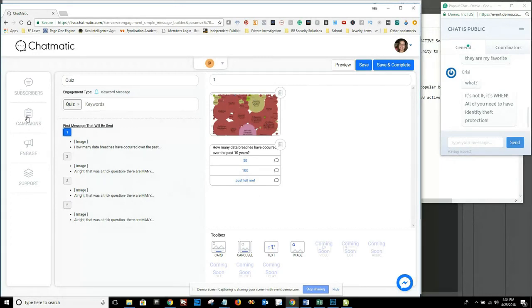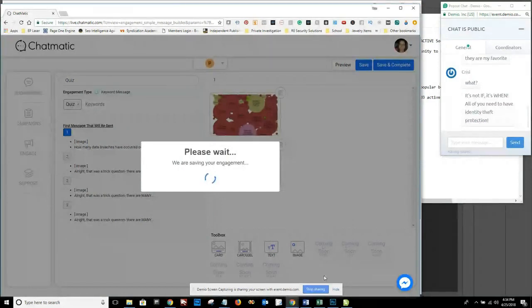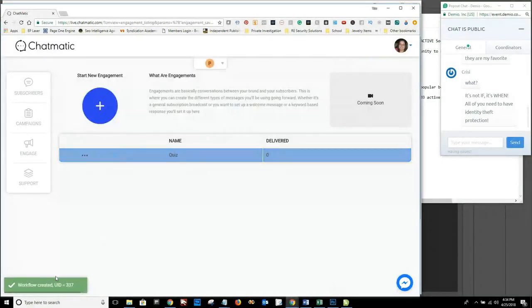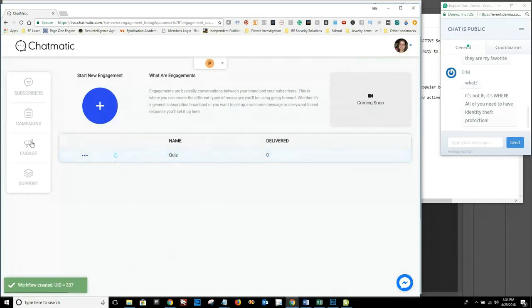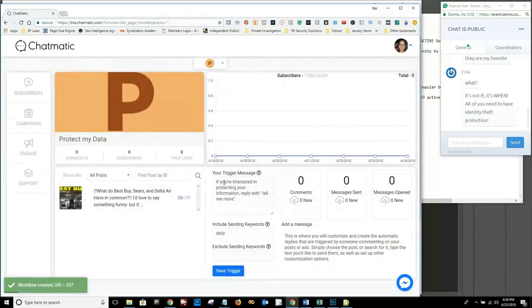So now I'm going to go back, I'm going to save and complete. Better freaking work because I'm going to get really mad. Okay, so the workflow is created. So now I have this engagement already built, and it's a keyword engagement. So now I have my data to the trigger. So now I'm going to say,